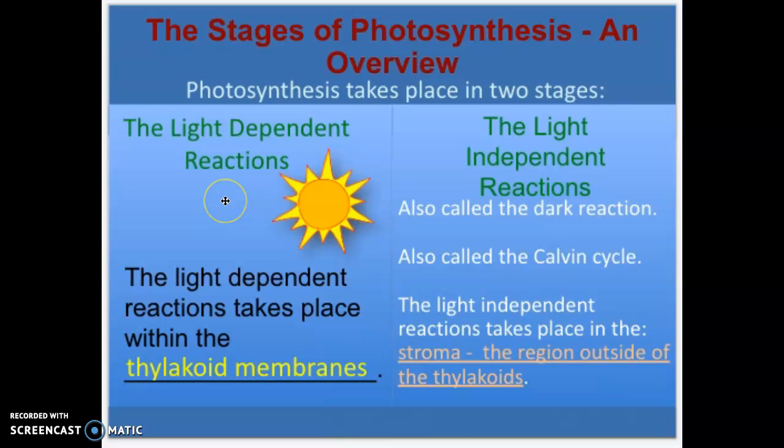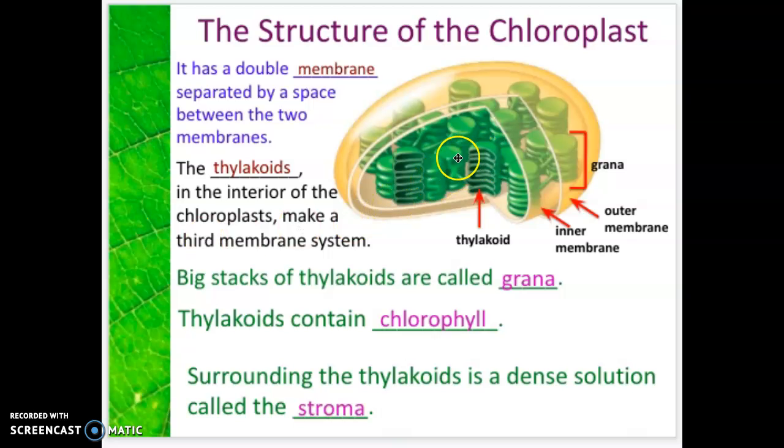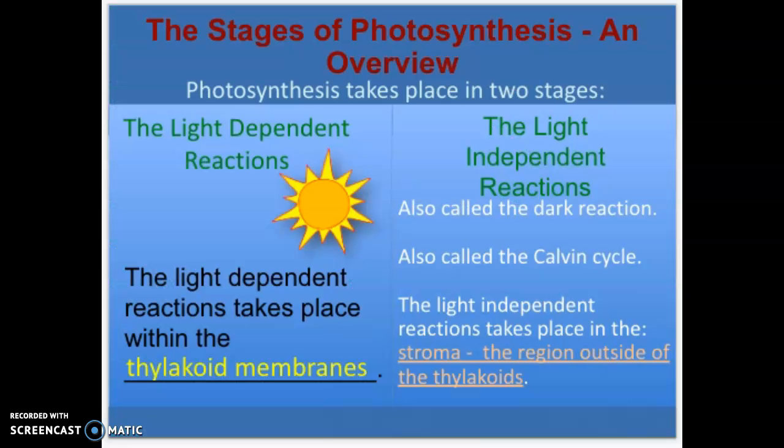That is because there are two main phases of photosynthesis. There's what we call the light-dependent reactions and the light-independent reactions. The light-dependent reactions take place in the thylakoid, that little dime-like structure. So if we go back, that little dime-like structure is the thylakoid. That is where the light-dependent reactions take place. The light-independent reactions take place in the stroma, in that liquid jelly-like area that surrounds all of those thylakoids.